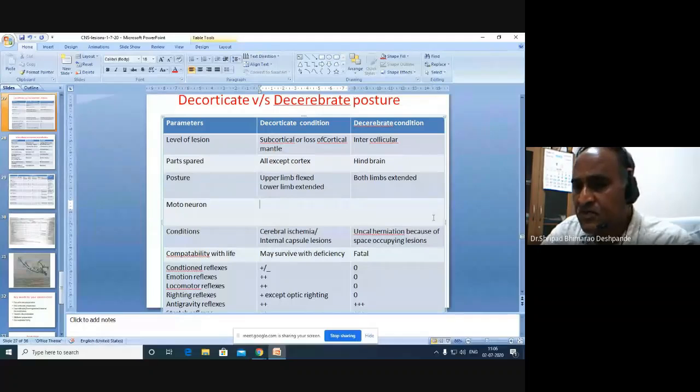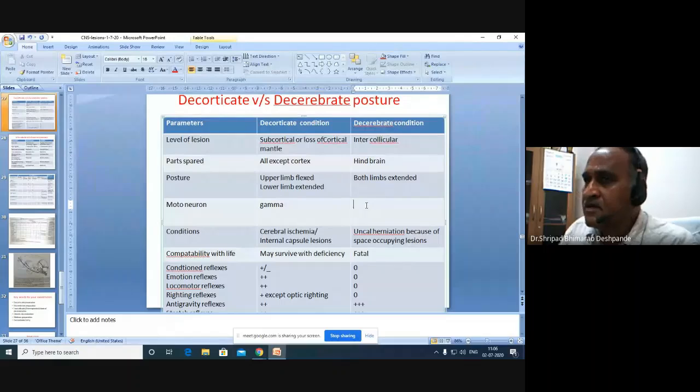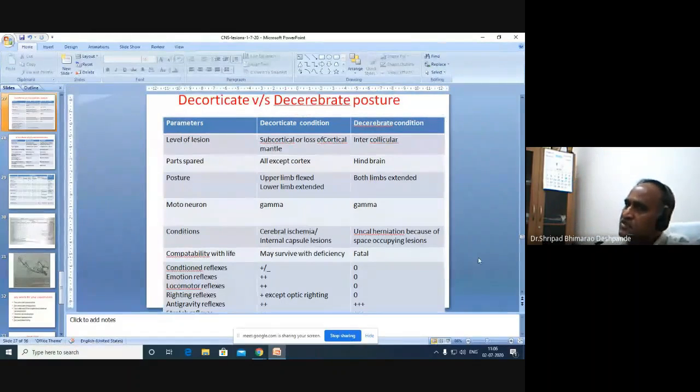This is also gamma. Both are gamma mediated. So I have just made it. These are gamma motor neurons. Both are gamma motor neurons. There is no alpha coming up. Okay. So now moving further,